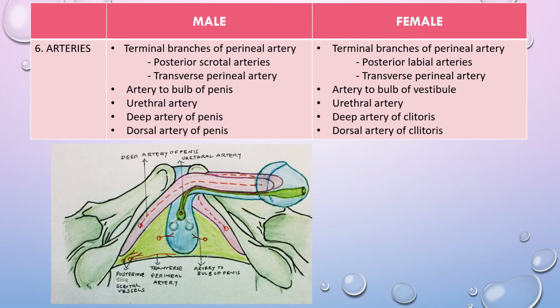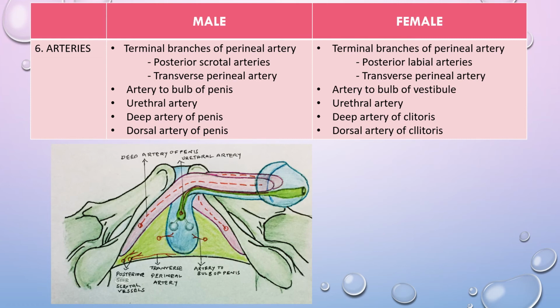All these arteries are shown in the diagram given below. But at this stage, you can't understand the arteries as a content in the superficial perineal pouch. Read the course of the internal pudendal artery, relations and the branches. Then study the arteries as a content in the superficial perineal pouch. You will be able to understand very well.